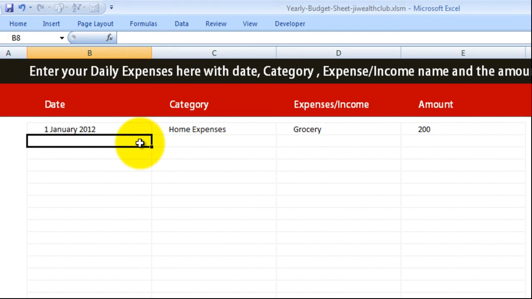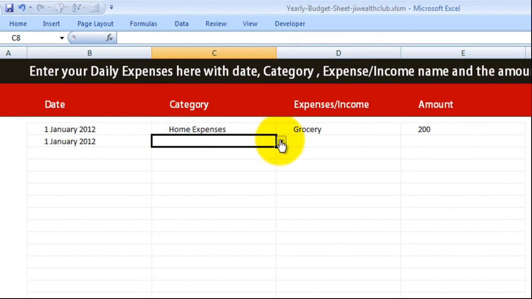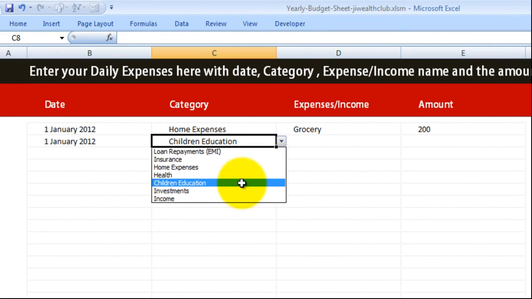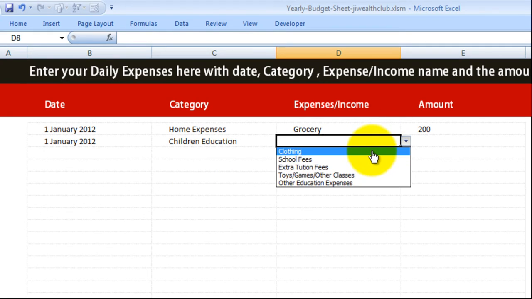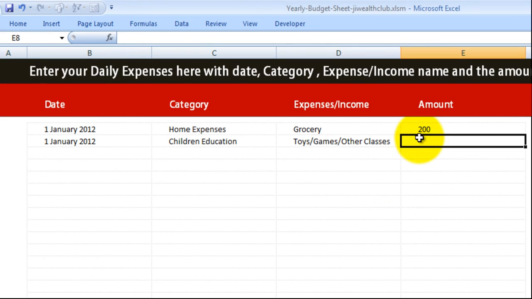Then again, let's say on the same day you have one more expense in, let's say, children education. So you spend something on, say, games, so 300 rupees.